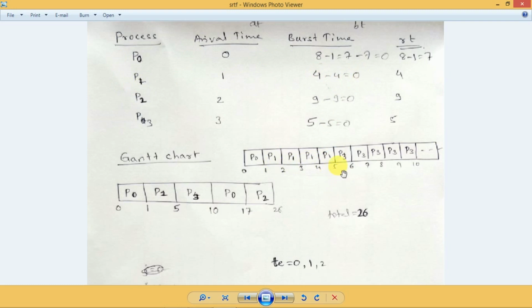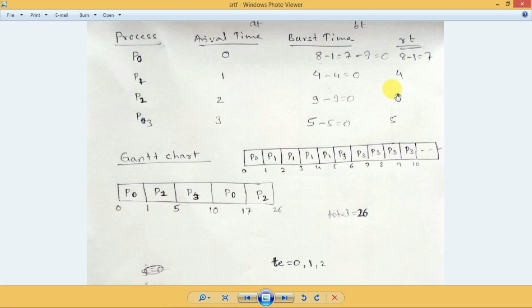After this, once again the remaining times are calculated. The remaining time of P0 is 7, P1 is 0, P2 is 9, and P3 is 5. Once again you have to find the shortest one. But mathematically, there is one funny thing here. Mathematically, the 0 itself is the shortest one. So by mistake your system should not consider this process. That's why in our program, whenever the remaining time becomes 0, we assign -1 to this particular process, so that it will not be considered for further processing.